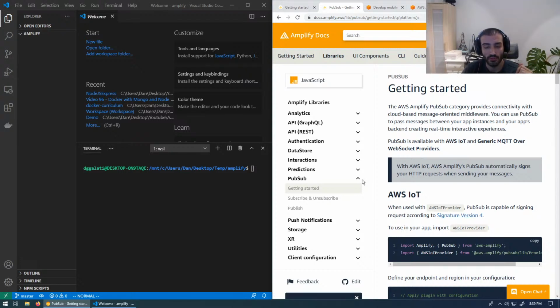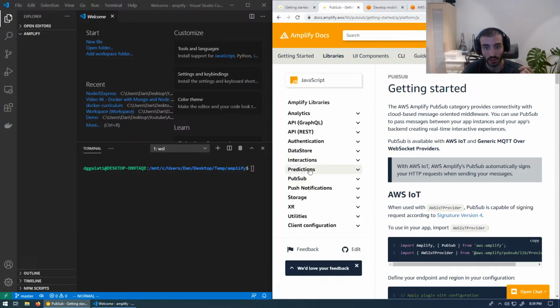I guess the downfall is that you trade power in terms of how these backend services are configured for ease of use and flexibility, because I'm assuming this is just going to be a few clicks to set up PubSub, whereas when you come to high scale applications, you have to actually worry about how things are configured. But anyways,